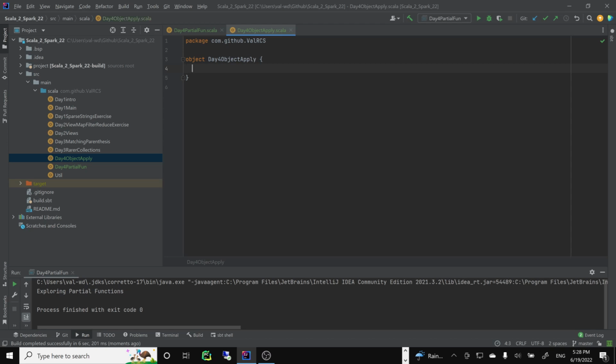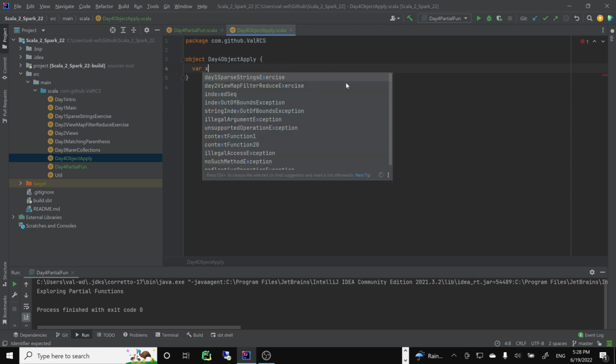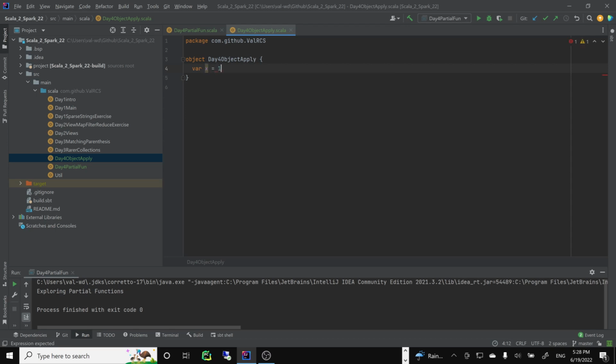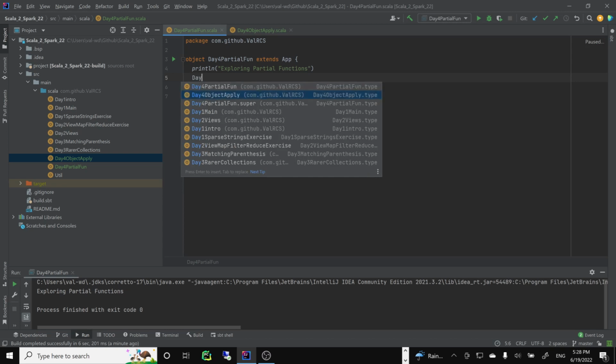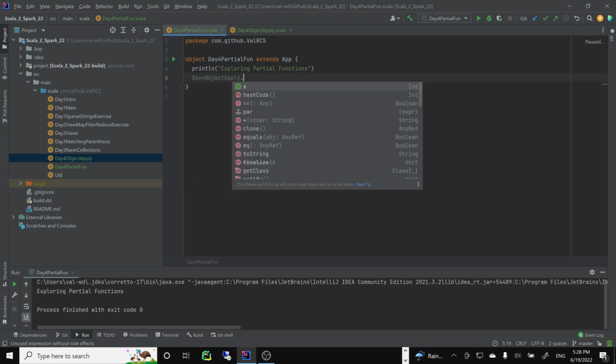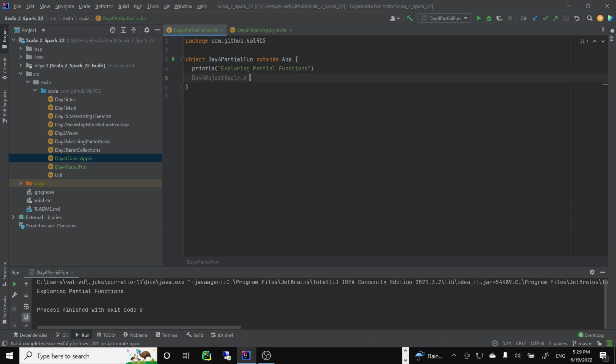And maybe I have a variable here, you know, I don't know, x. It will be 1, right? And I could use it here. Of course, I could access it. So Day4ObjectApply, it's public, right? x. And I could do maybe plus equal 5,